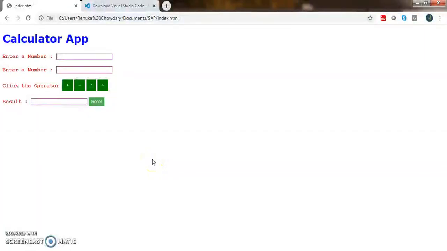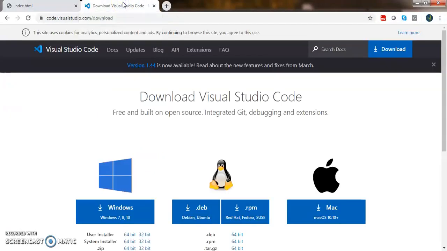Hello friends, let's start coding for this calculator app. For developing this app, I am using the Microsoft Visual Studio Code editor. Downloading and installing Visual Studio Code is very easy.